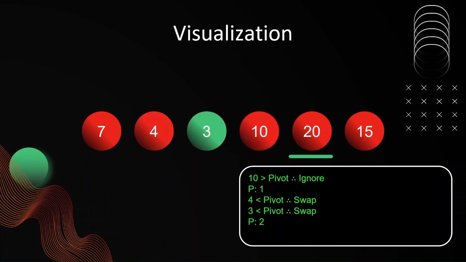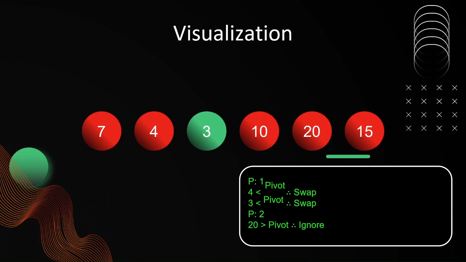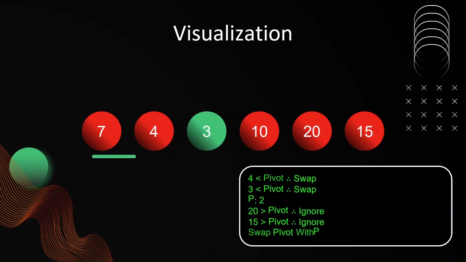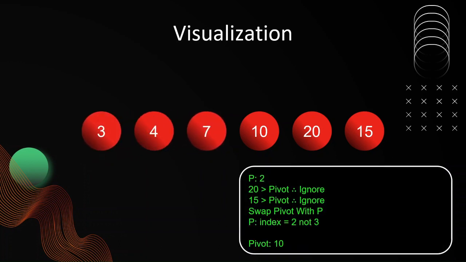20 is greater than the pivot, so we ignore it. And also 15 is greater than the pivot, so we ignore it. Finally, after looping through all elements of the array, we swap the pivot element 7 with the value at the p index, which is 3. Now, the p is equal to 2, which is less than 3, our kth desired element, so we perform another